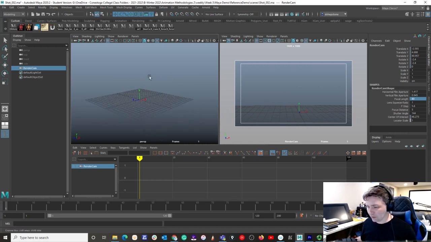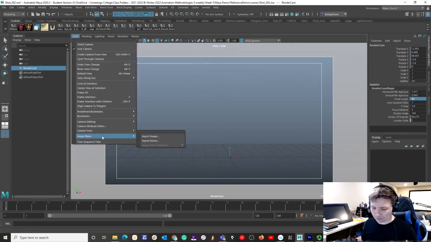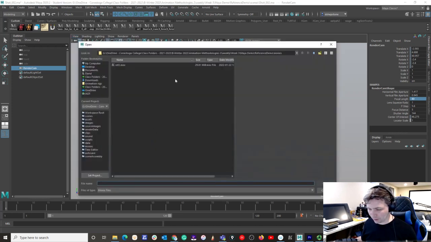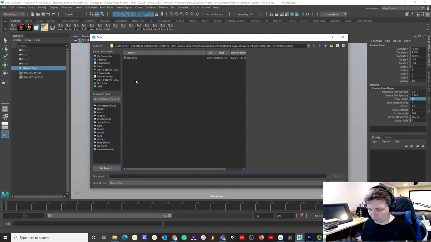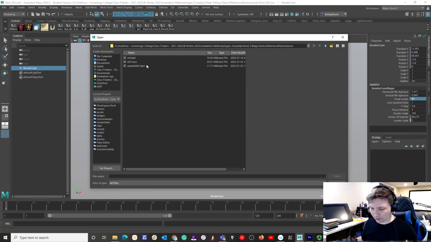Okay. So I am going to import my reference now into this camera here. I'm going to go View, down to Image Plane, and import movie because I shot an MP4 file for the movie clip. And in here, if you don't see your movie like this, Maya recognizes QuickTime files, or QuickTime codecs, I should say. If you are using an alternative codec, usually you can open this up to all files, and it'll show you,